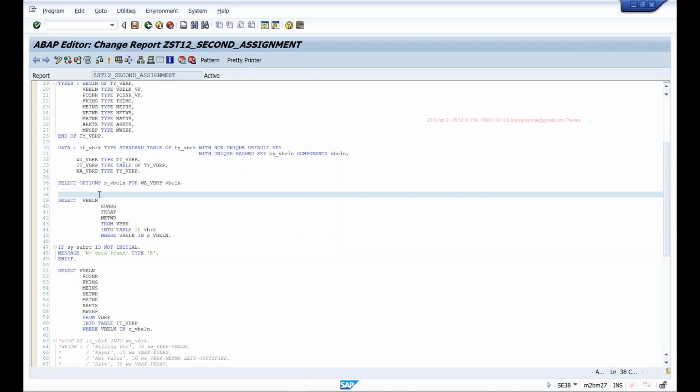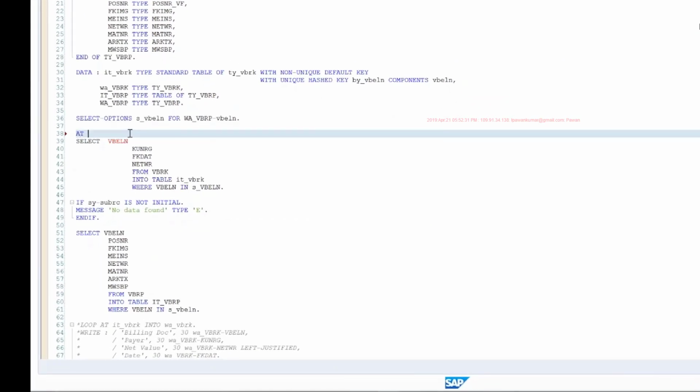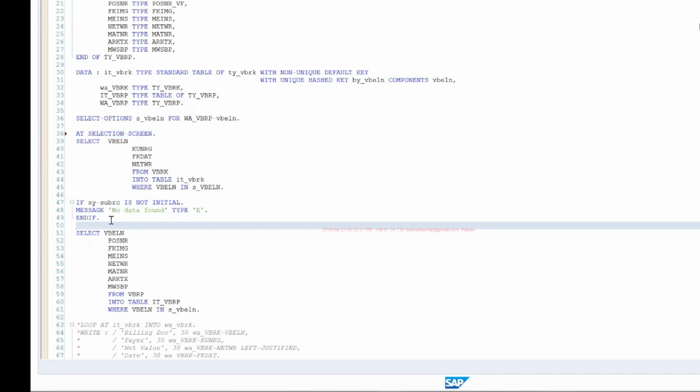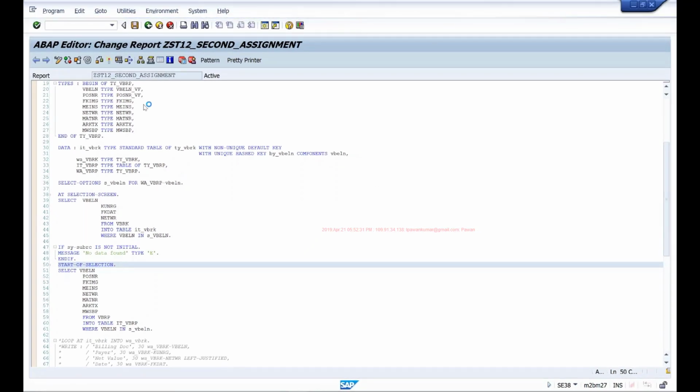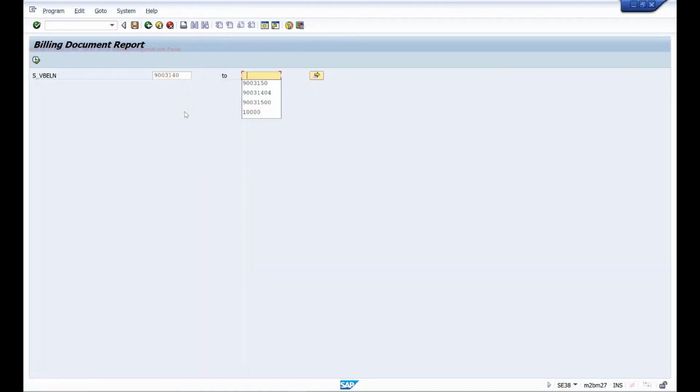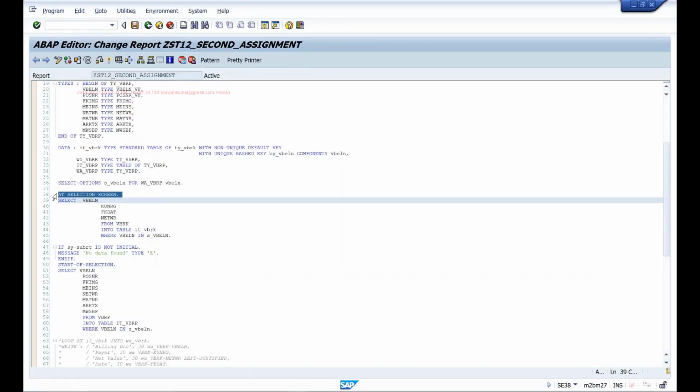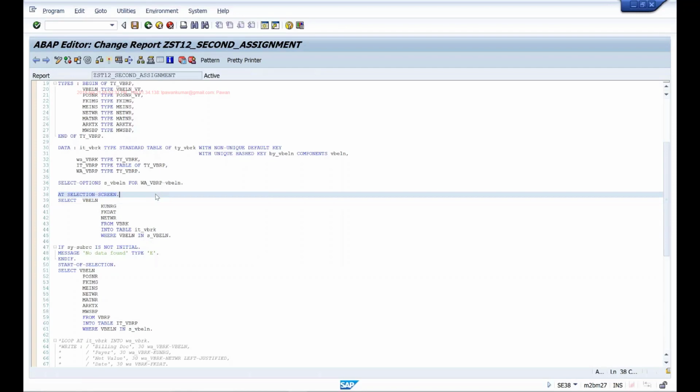So if I use this event, don't worry about these events. For now, just use it blindly and keep the message, and after the message, use this other event, START-OF-SELECTION. We'll discuss this topic next, about these events. The only thing it does now is display the error and stay on the screen so that I can correct my input. If I don't use that, then it was showing another screen where I could not correct the entry, right? So this is the purpose we are using this event, but there are many other use cases for these events. We'll discuss in detail later.